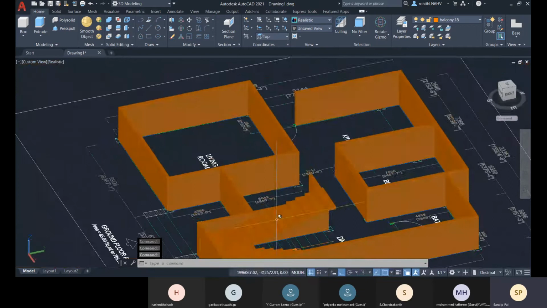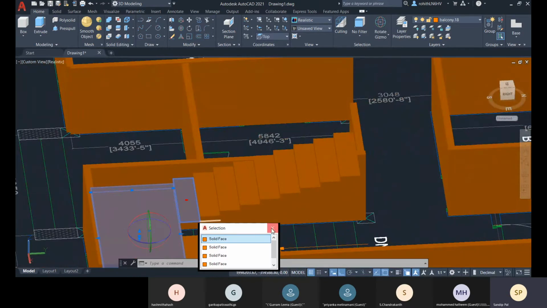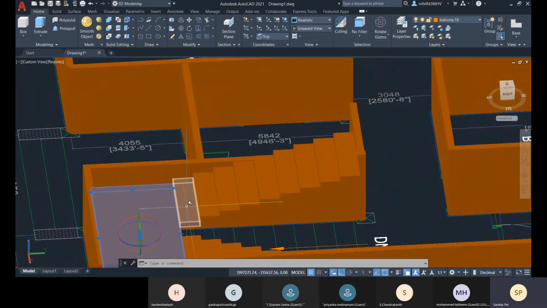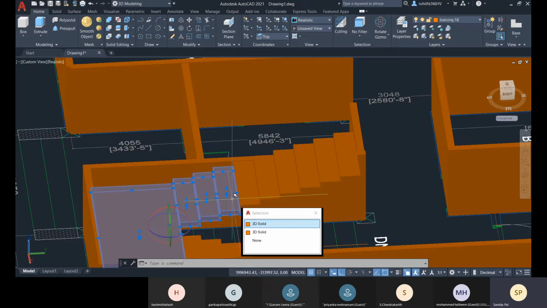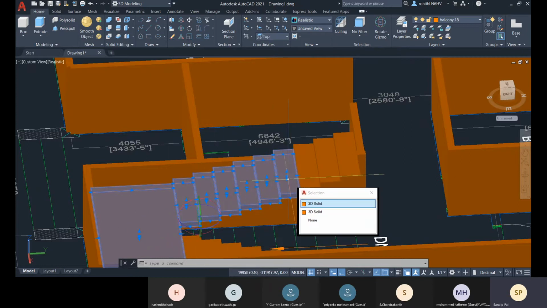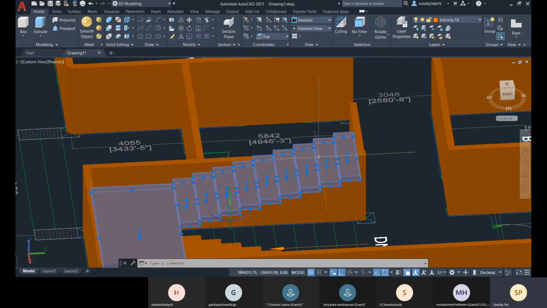Now you need to define the waste slab, right? So for that, what you need is to select this, select all this. Sorry, don't go and hold control. It can be selected all together. Just simply click on it. I want these objects only present within this AutoCAD.